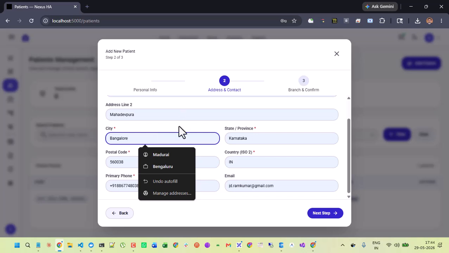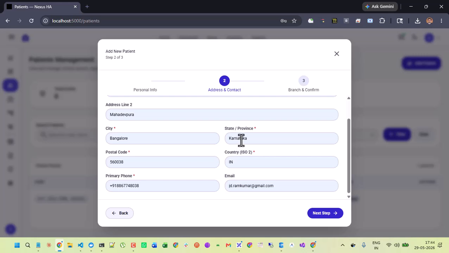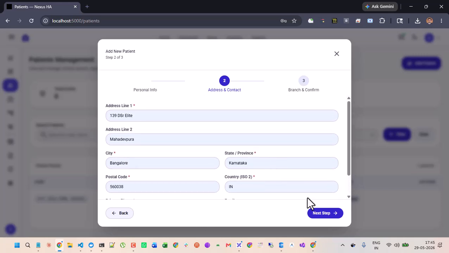For example, when the user selects the state or province, automatically the cities should appear in the form of chips, so the user can select. By default, it should show only the well-known cities. Then there will be three dots. When the user clicks, it shows other cities. Likewise, you should improvise the user experience. Right now, it's okay. Next step,